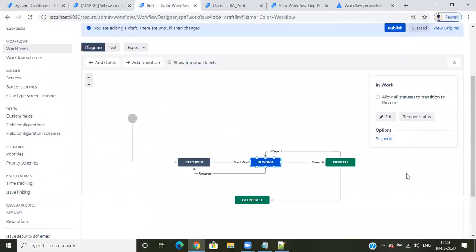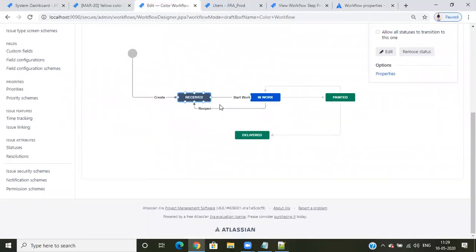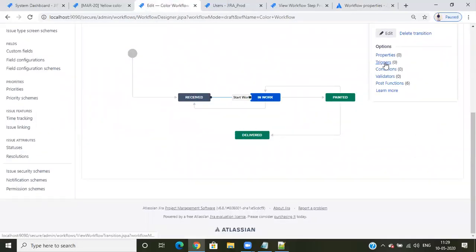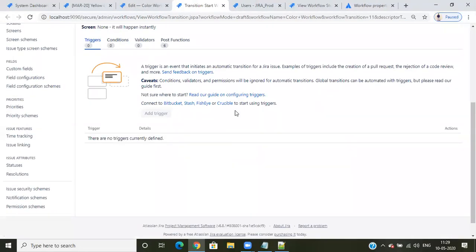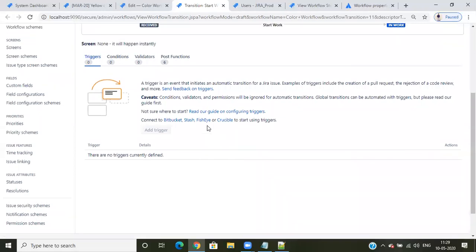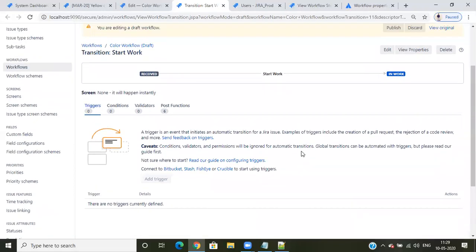The next thing here is an option like transition triggers. Triggers are nothing but a link with continuous integration tools. I'll tell you one scenario.